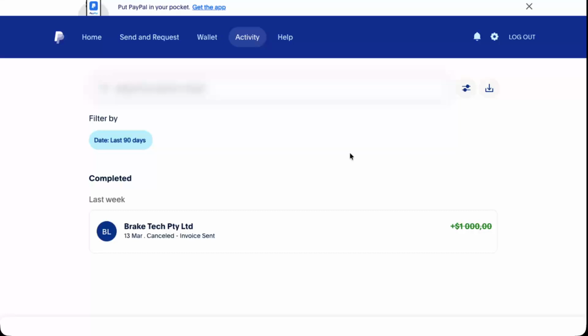If you have a lot of transactions and it's hard to scroll through them all, you can usually filter or search by date, transaction type, or even by name or email. Use these filters to narrow things down and make it easier to find the specific payment you're looking for. And that's it. By going to your PayPal dashboard, then opening the activity page, you can quickly and reliably confirm whether someone has